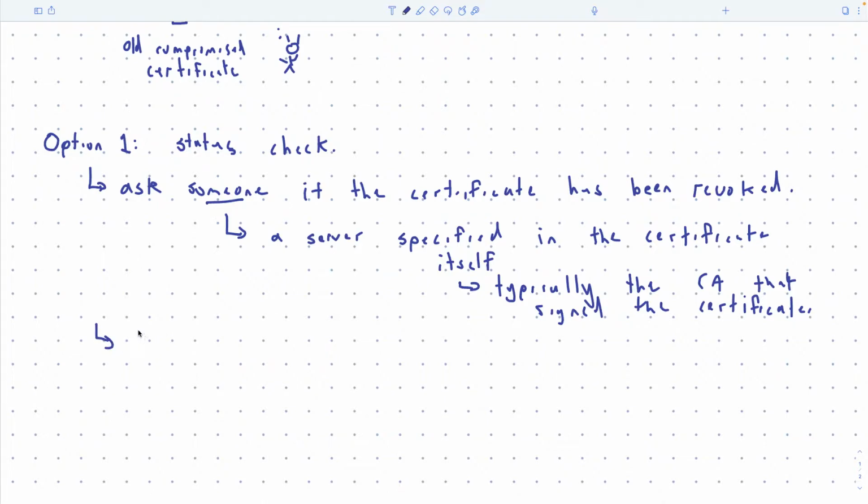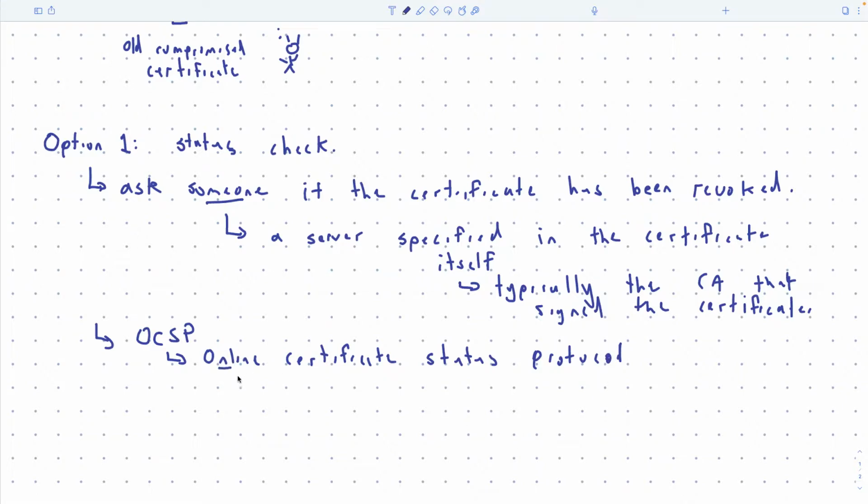So this protocol is called OCSP. I just note that because I'll show you the certificate where to find it. You have to know what it's called to know where to look. It's called OCSP, which stands for Online Certificate Status Protocol.